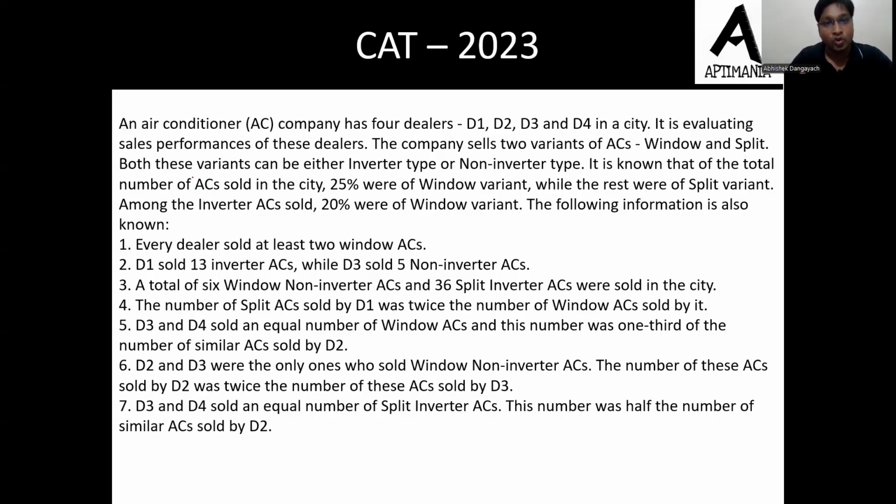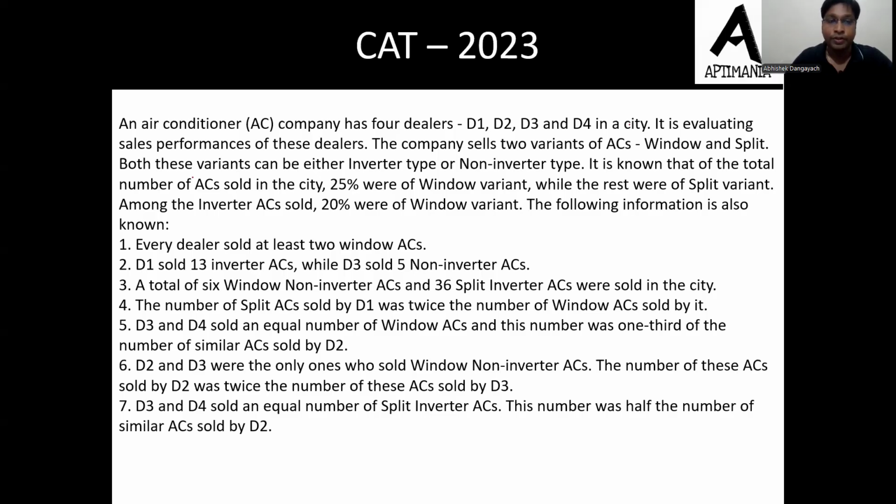Every dealer sold at least two window ACs. D1 sold 13 inverter ACs while D3 sold 5 non-inverter. A total of 6 window non-inverter ACs and 36 split inverter ACs were sold. The number of split ACs sold by D1 was twice the number of window ACs sold by it. D3 and D4 sold an equal number of window AC, and this number was one-third of the number of similar